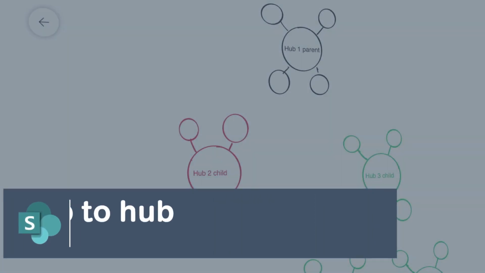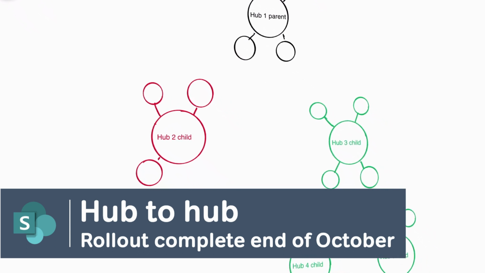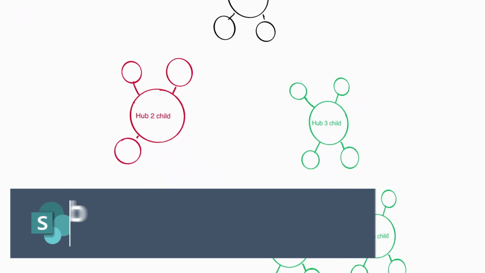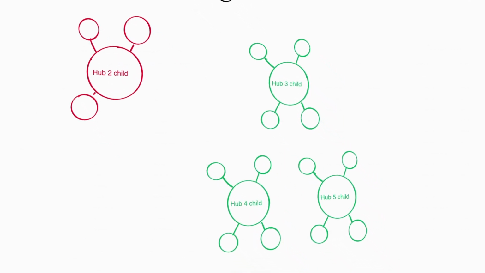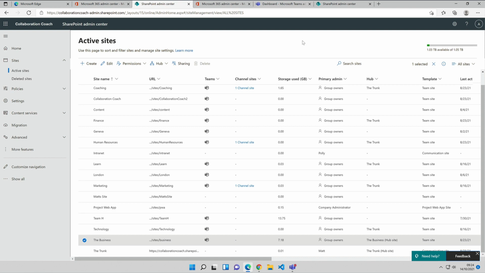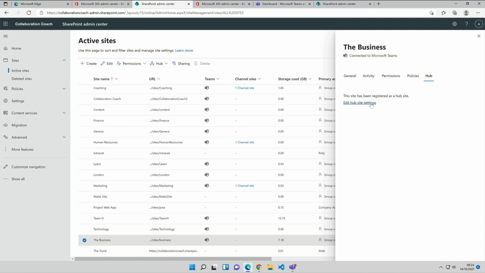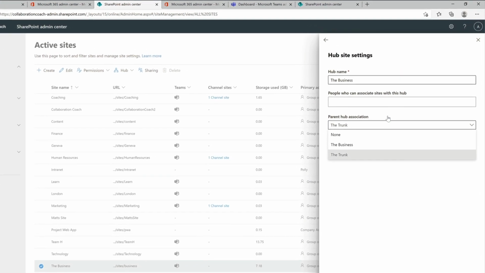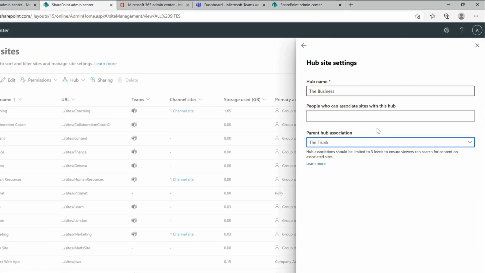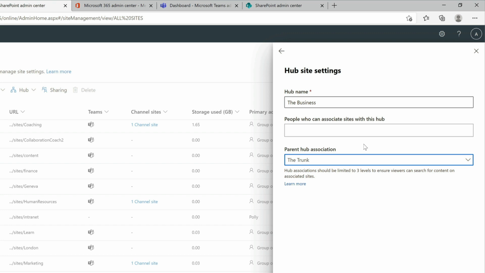This new feature is for SharePoint administrators and intranet owners. SharePoint will soon be able to associate hubs with other hubs. This will make search results available to anyone who searches a site associated with one of those hubs. Hubs are a way of linking SharePoint sites together. When a site is linked to a hub, it can share navigation and search results. Before now, hubs could not be associated with other hubs, and this new feature is going to allow that.